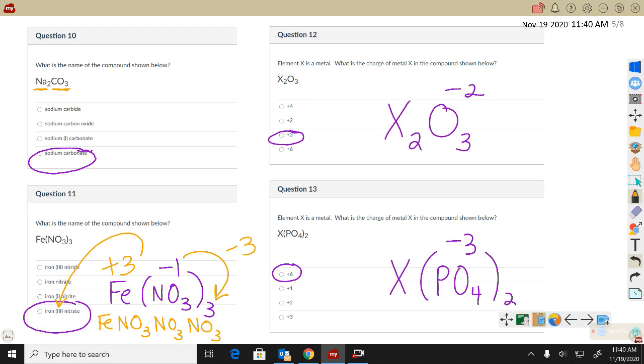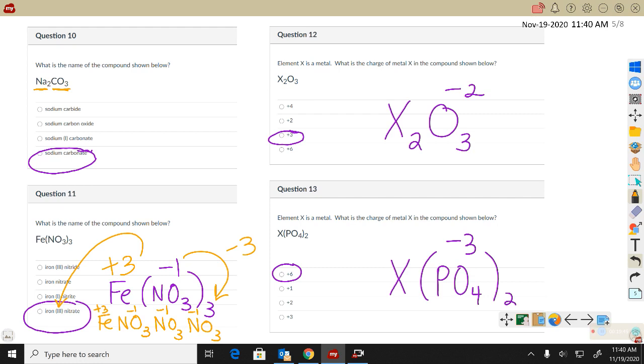Sweet. And even if I had this written out all crazy, it still adds up to 0, plus 3 on the iron, minus 1, minus 1, minus 1. It all adds up to 0. All right, now on the test, on the final unit summative, warning, you will see a lot of things like